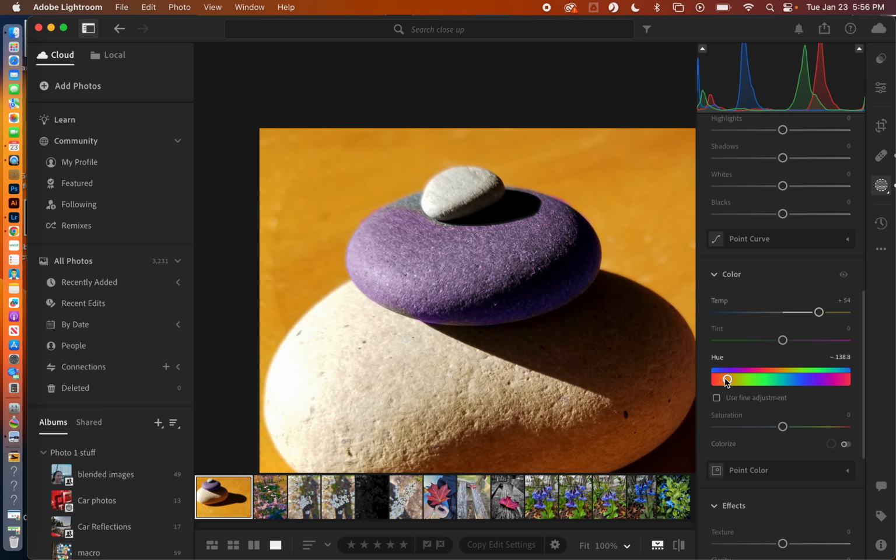Although if I do that, there we go. Oh, okay, so I can move it around. So if I wanted the rock to be green or whatever color, I can just unclick Use Fine Adjustment and really play around with it. But I kind of like that blue color actually that I had originally. So I'm going to unclick that and bring that blue back,